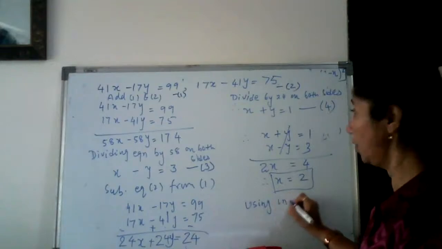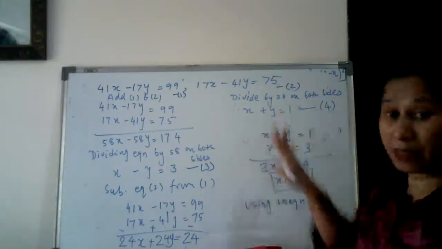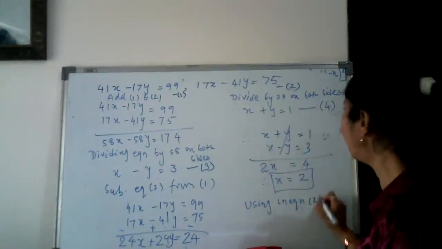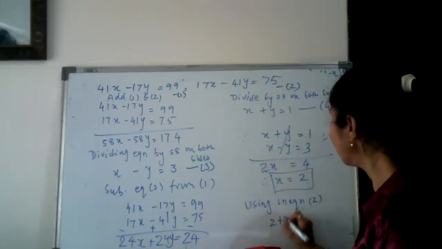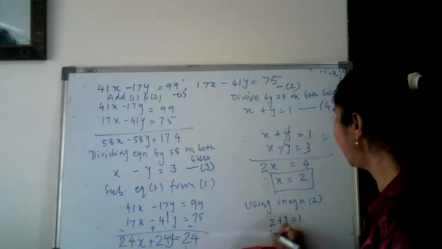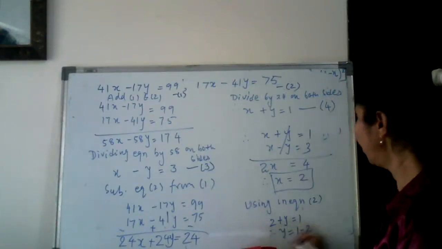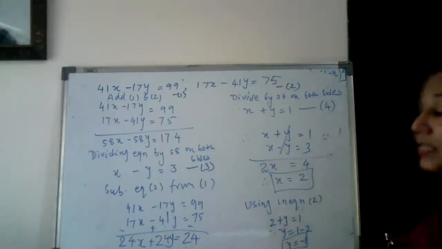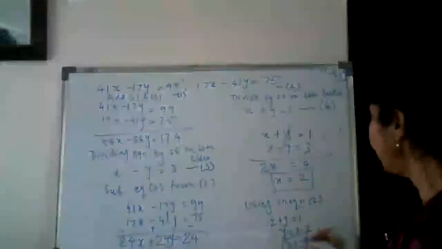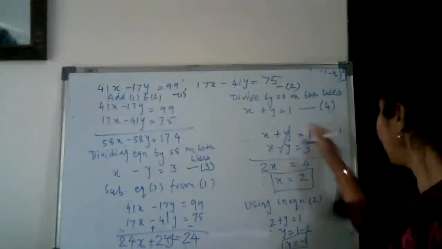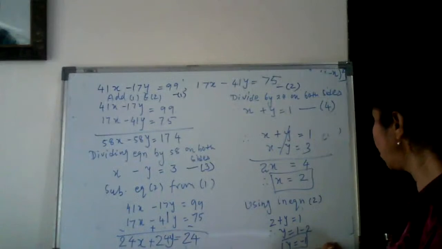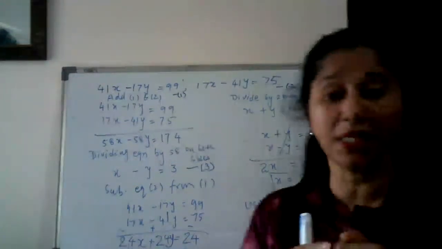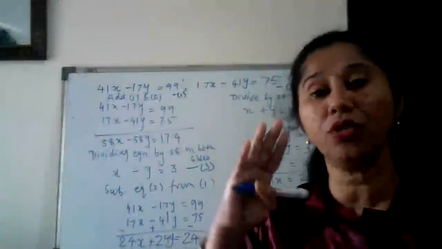यूजिंग इन से इक्वेशन हम 3 और 4 सिंपल ही लेंगे, ठीक है। सपोज मैंने यहाँ पे ले लिया इन इक्वेशन 2, तो मुझे क्या मिलेगा, 2 प्लस y इज इक्वल टू 1, यानी कि y इज इक्वल टू 1 माइनस 2, यानी कि y इज इक्वल टू माइनस 1, एंड हेंस वी राइट, देयरफॉर x इज 2 एंड y इज माइनस 1। इस तरीके से भी आप आंसर लिख सकते हैं।